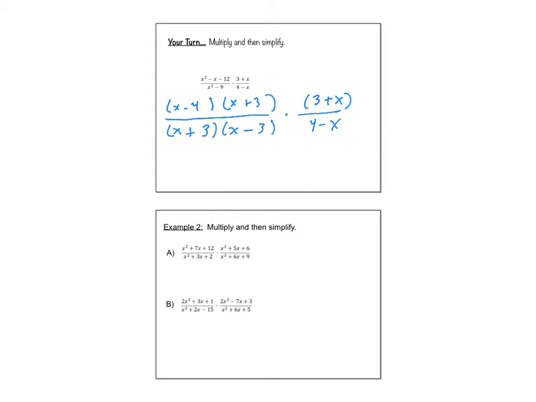Alright, so now looking at these, you can see that the x plus 3's perfectly match. And then we've got an x plus 3 in the numerator, but you have an x minus 3 in the denominator. Those do not match. Something that you need to know here